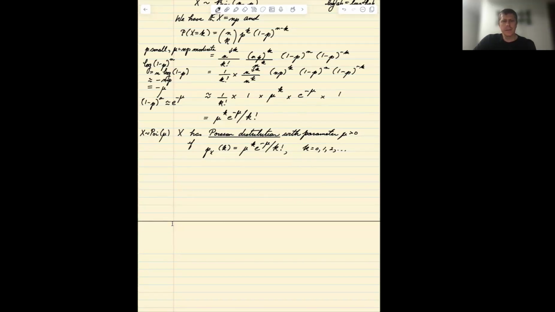So now with this, this is a case. So where does the Poisson distribution come from? It comes from modeling rare events. So the Poisson distribution is common for rare events. Why? Well, because